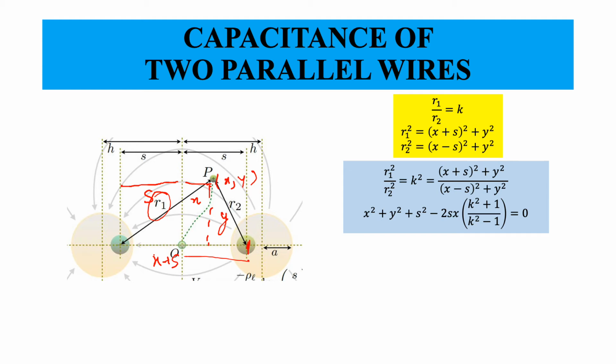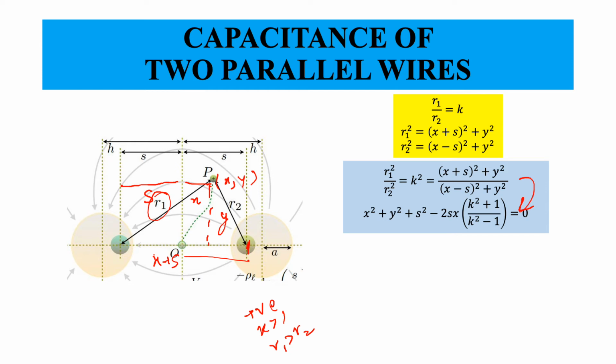When we rearrange this equation, after rearranging we will get this. So remember, K can be greater than 1 or even less than 1. If it's greater than 1, the potentials are positive. We have seen in the last slide, K greater than 1 means what? R1 is greater than R2. So the potential will be positive. If it's less than 1, the potential will be negative. So I will get this equation.